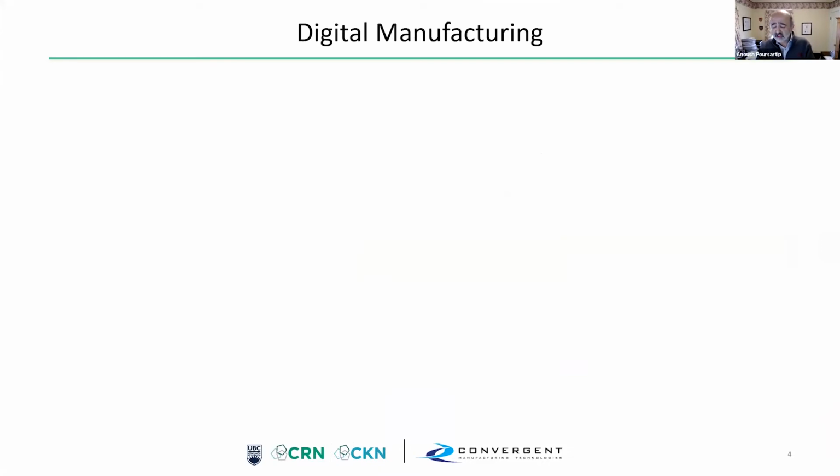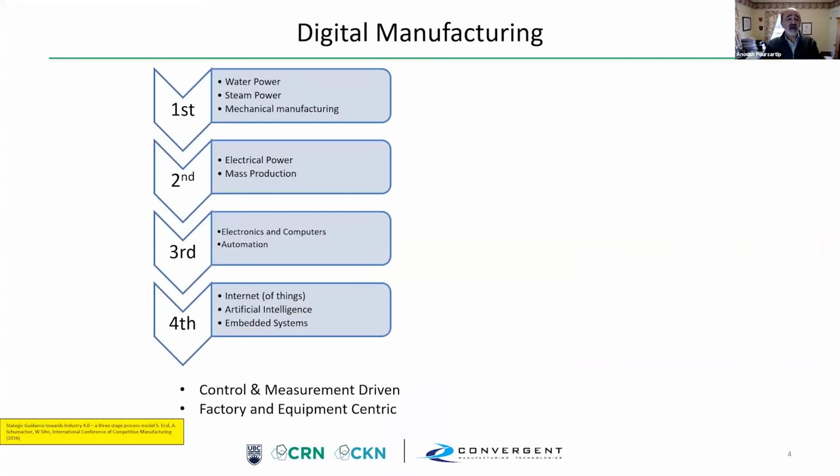So this, of course, brings us to digital manufacturing. And this, of course, has been around for a very long time. And those of you who know the industry jargon know that we are at the dawn of Industry 4.0, where people are talking about all these things, the Internet of Things in terms of sensing, AI, putting it all together into embedded systems. The key point to make is that the kind of manufacturing that is important to, say, aerospace in composite materials requires us to actually think about the science of what we're doing. And you'll see why in a minute.